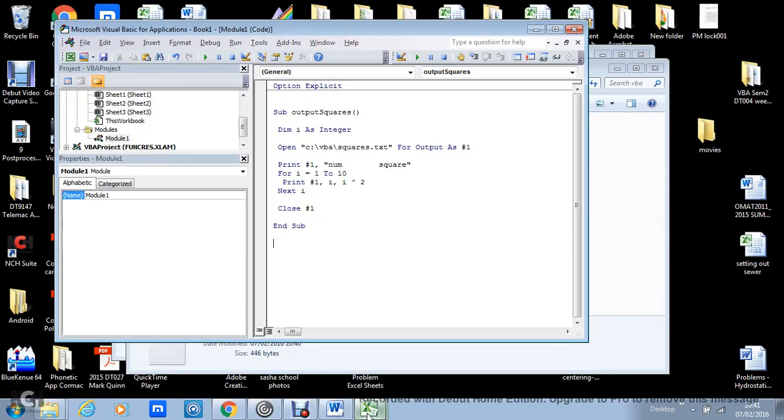Just continuing on from the last video where we outputted the square of the first 10 numbers. What if we wanted to add the next 10 numbers, from 11 to 20? In this case, what I can do is take the code down like this, so I'll leave the first set